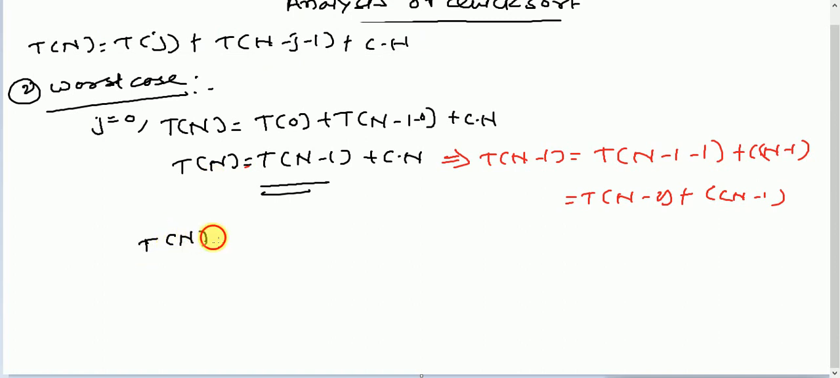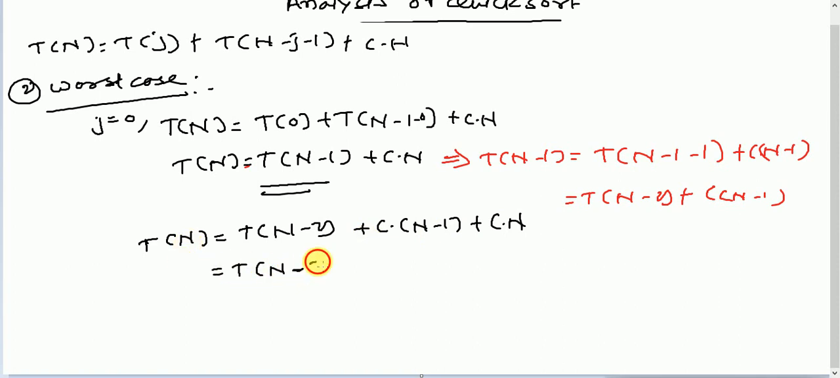T of n is equal to T of n minus 2 plus C of n minus 1 plus C of n. Like that, if I find the T of n minus 2 value, I'll get it as T of n minus 3 plus C into n minus 2 plus C into n minus 1 plus C into n. Like that, if I go further,